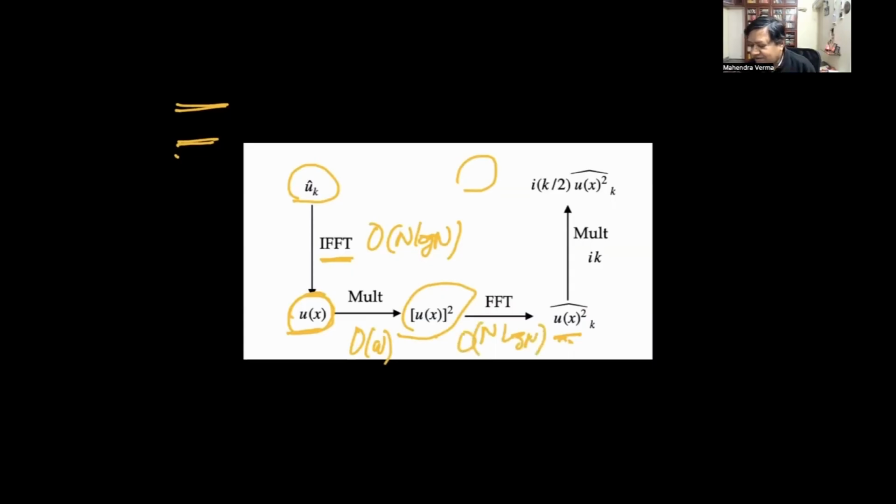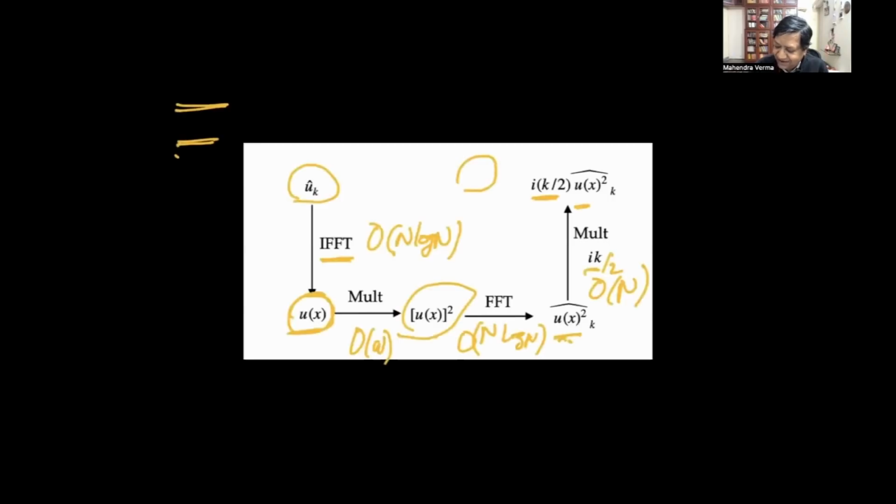Now after I get this, remember I need ik by 2, which is coming in front. So I just multiply by ik by 2, and I will get this. And this is order n. So overall, I have 2n log n.